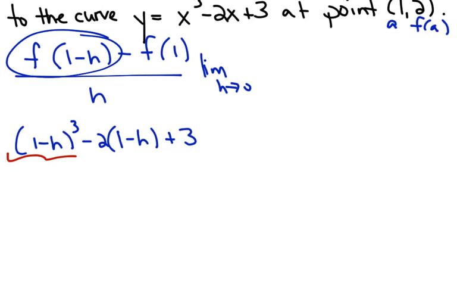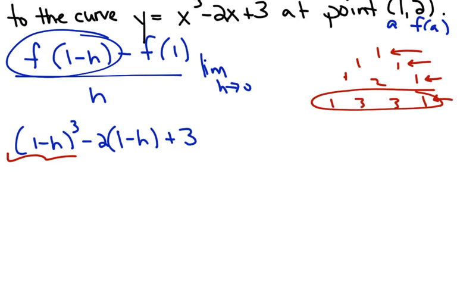If you remember, Pascal's triangle was 1; 1, 1; 1, 2, 1; 1, 3, 3, 1, where the first row was row 0. That means what you get when you raise something to the 0 power, to the first power, to the second power, to the third power. So 1 minus h, when I cube it, is going to be 1 cubed, and then it's going to be plus 3 times 1 squared times negative h, plus 3 times 1 times negative h squared,